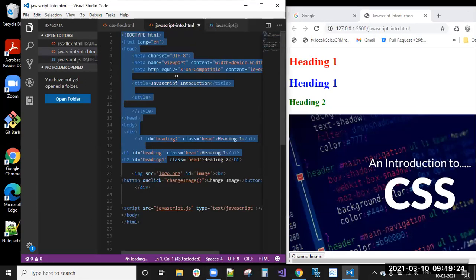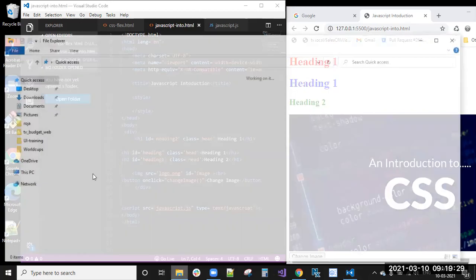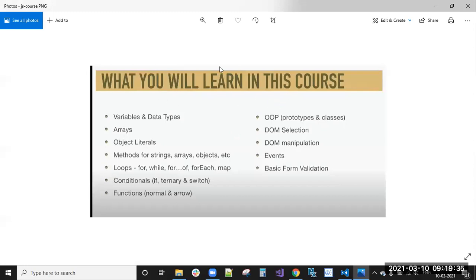So this is the introduction of the JavaScript class. I think this introduction is enough. Tomorrow we have seen the actual JavaScript syllabus, this course, right? We will go according to this course only. This is a course available on Udemy or anywhere, you can go with any. This is a popular JavaScript syllabus, and it is enough for learning JavaScript. After that, we will go with TypeScript, then Angular. One by one, one topic is covered in one class.